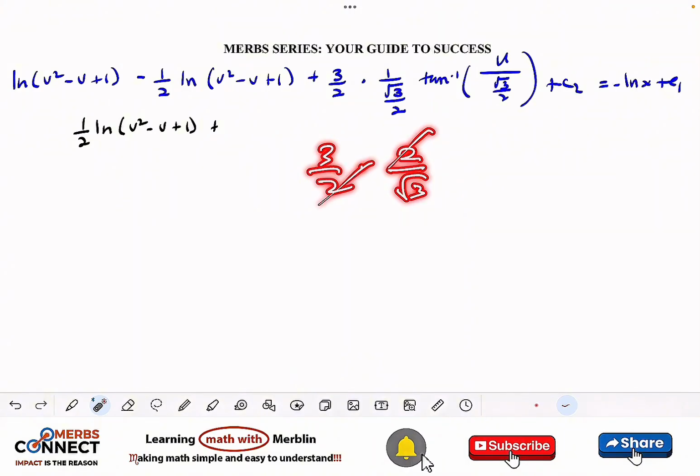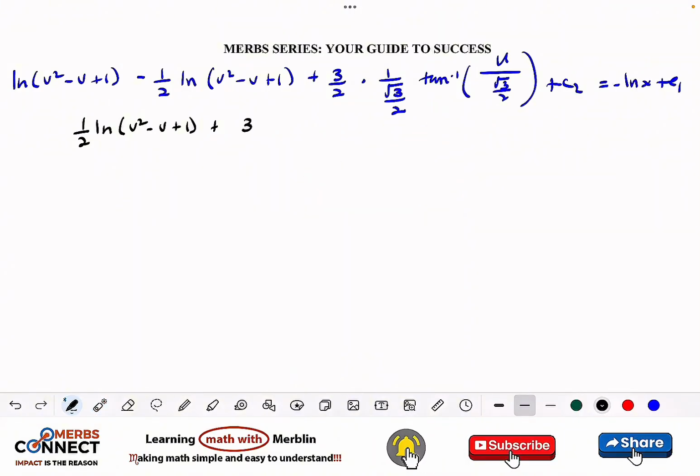So 2 cancels 2, and I'm going to have 3 over root of 3. Then the tan inverse of this is going to give us, it will reciprocate it. So this is going to give us 2u divided by root of 3, plus, or is equal to minus natural log of x